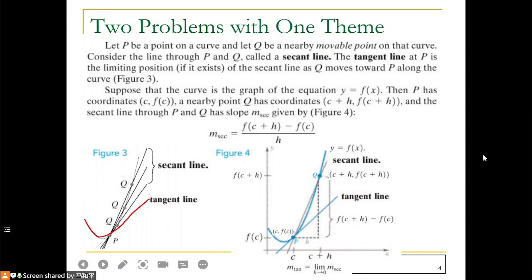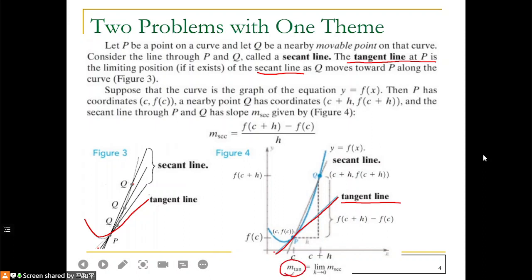This means the tangent line at P. The tangent line at P is the limiting position of the secant line. This means as Q approaches P along this curve, we have this. This line is called a tangent line. And if we want to find the equation of the tangent line, we must calculate the